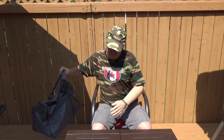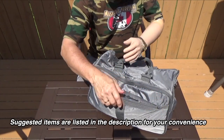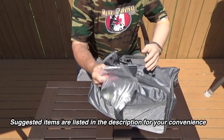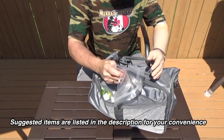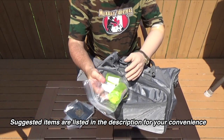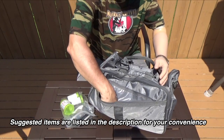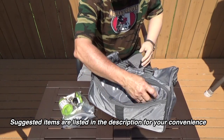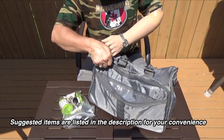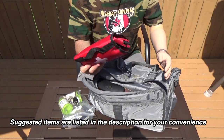Now I've got a sample grab and go kit here with me, and I just want to show you what's inside it. Now in this pocket, I've got some passports and other important documents in a ziploc bag. I also have some medications, extra house and car keys, and in this pouch, got a first aid kit,